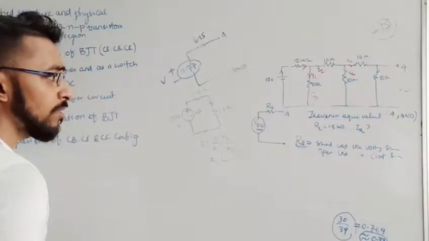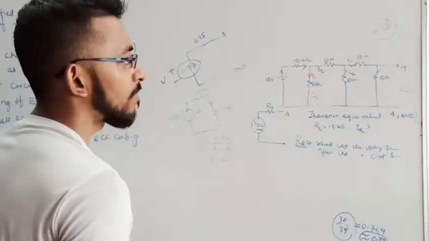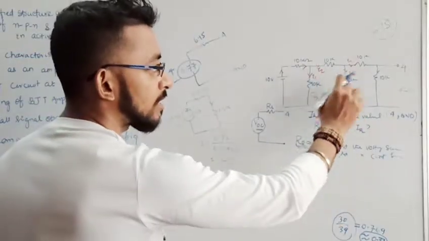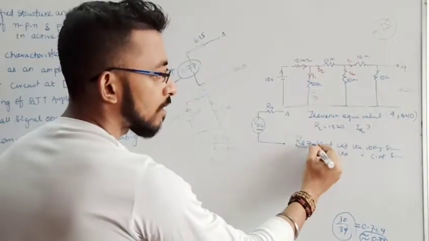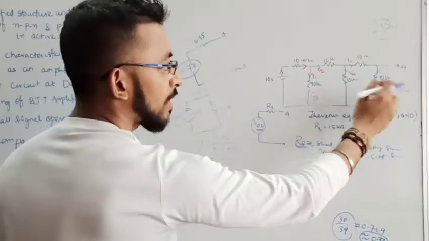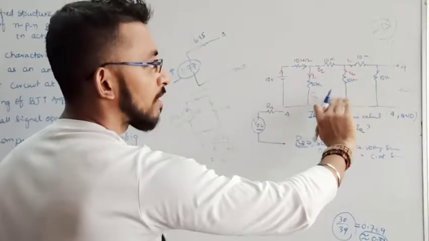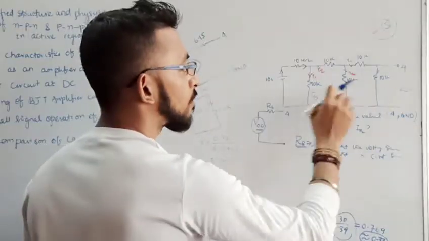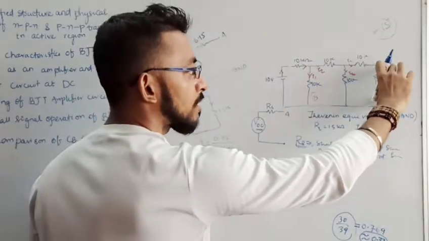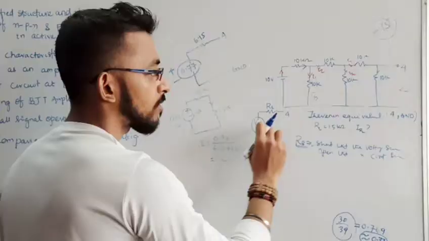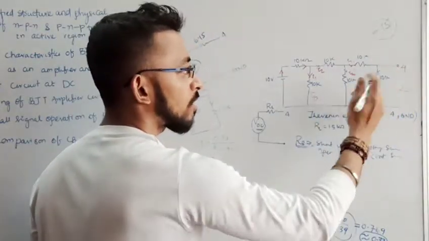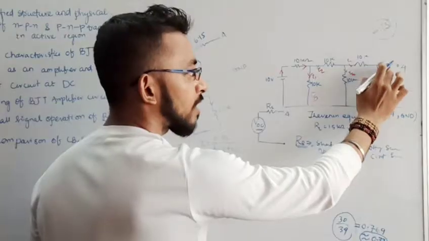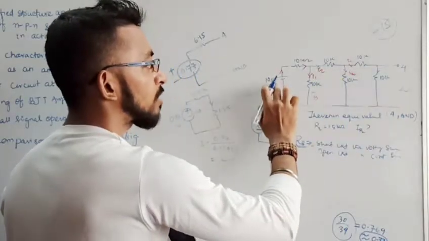So this is the way you have to solve this Thevenin circuit. First you have to find the equivalent resistance by shorting the voltage source. You have to look from this side and simplify from this side, and you will get 6.15. That is the first case. Second, you have to find the open circuit voltage across this output, which is the current in this circuit multiplied by this resistance. To find the current in this circuit, we have to start from here.